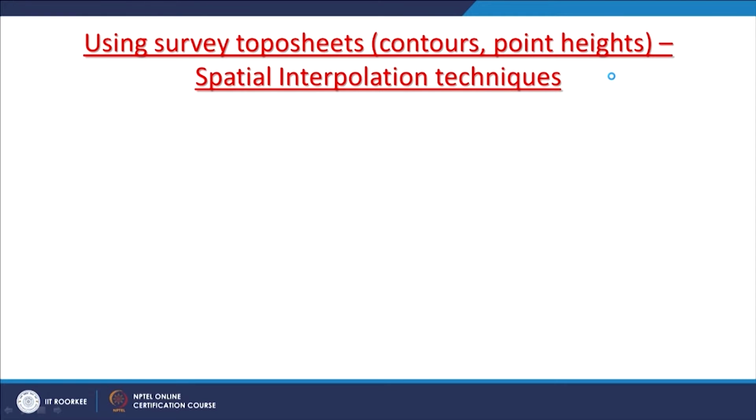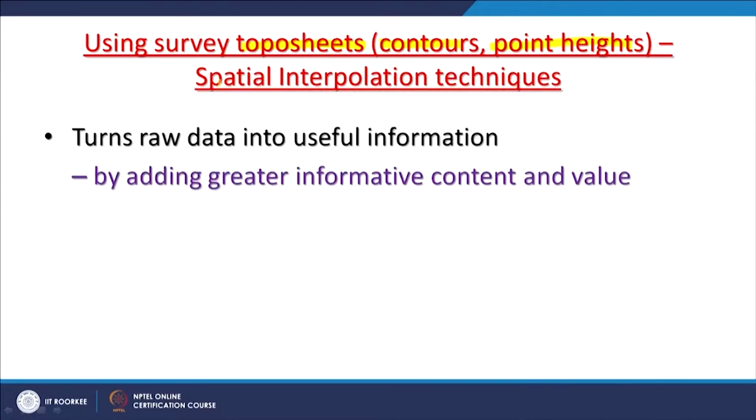in all these 3 lectures. So the first one is based on survey topo sheets, using contours or point heights and spatial interpolation techniques. From this perspective I am discussing a little bit about spatial interpolation also. As you know, spatial interpolation techniques basically turn the raw data into useful information. Raw data here is generally point heights. If you see point height data, you do not get much